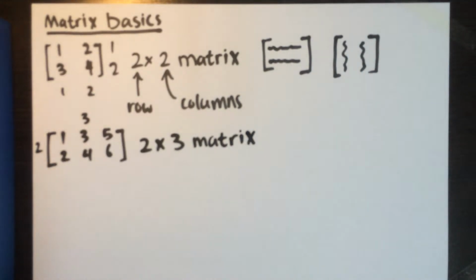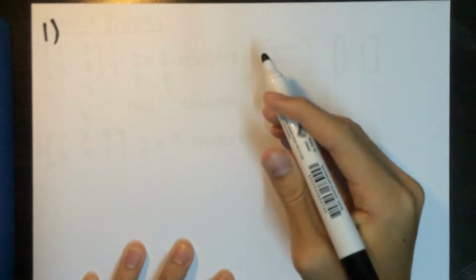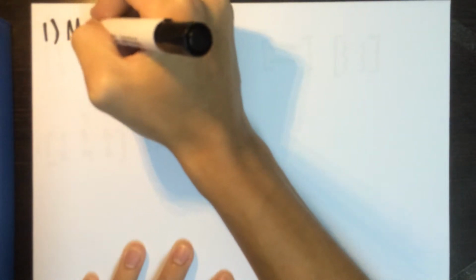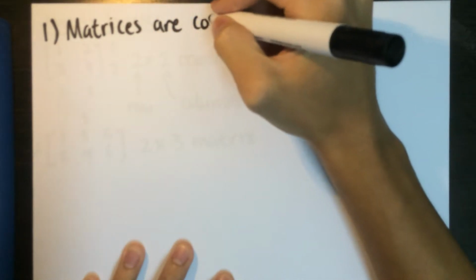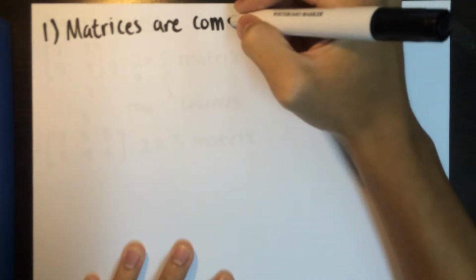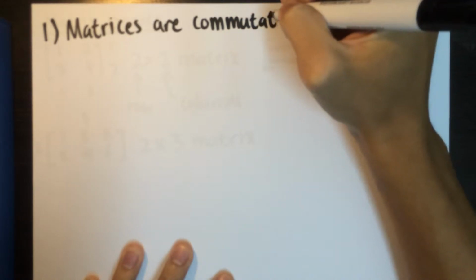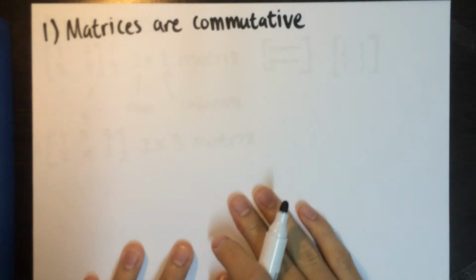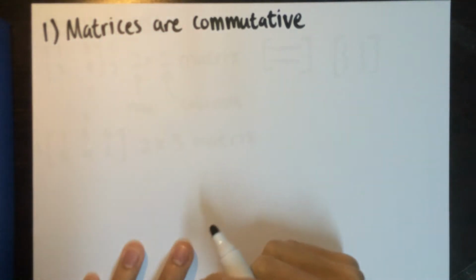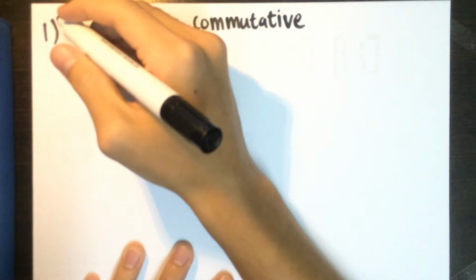So moving on, now I'll go on to the properties of a matrix. So firstly, it is that matrices are commutative. Okay, what does this mean? Matrices are commutative. So what it means is that